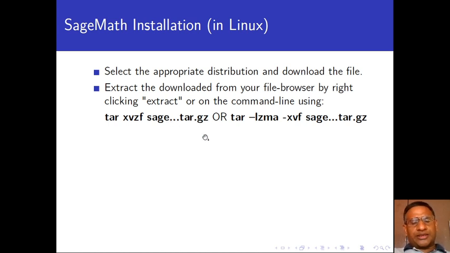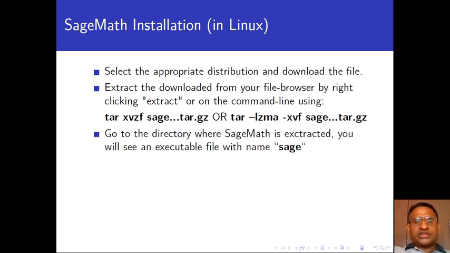It will take a little time, and then it will extract this file in a directory called SageMath, with capital S and capital M for math. Once this process is over,